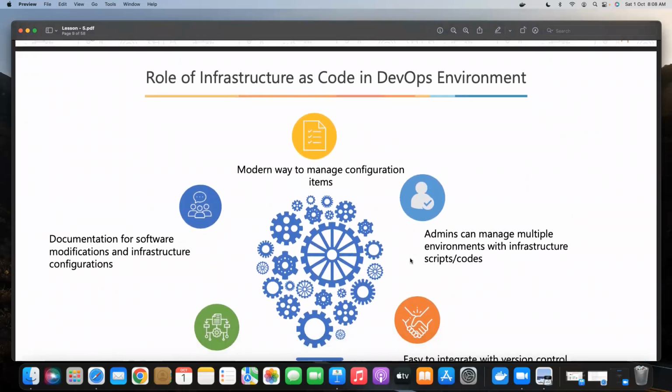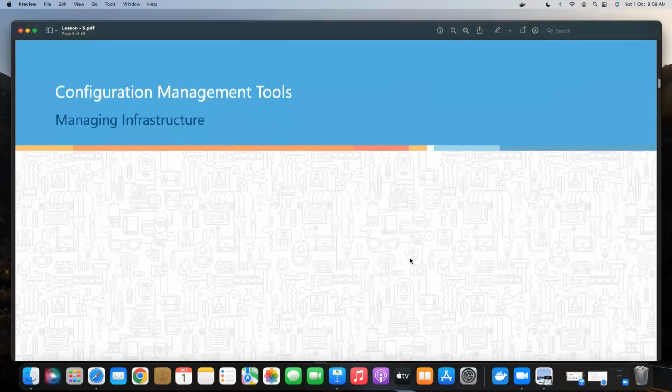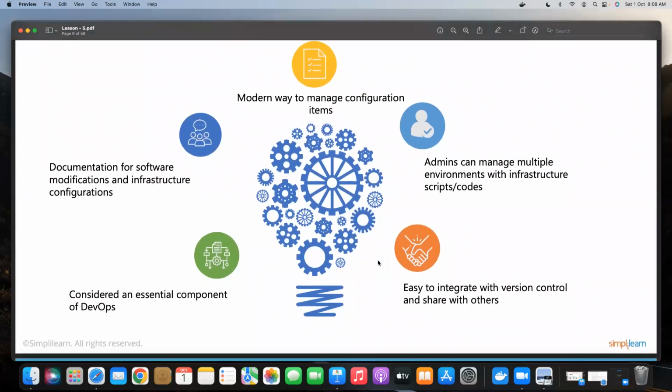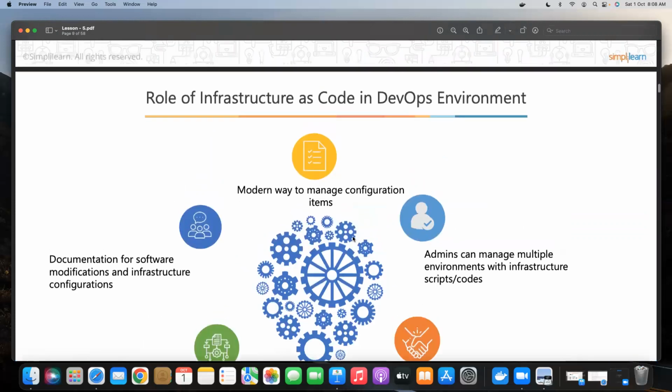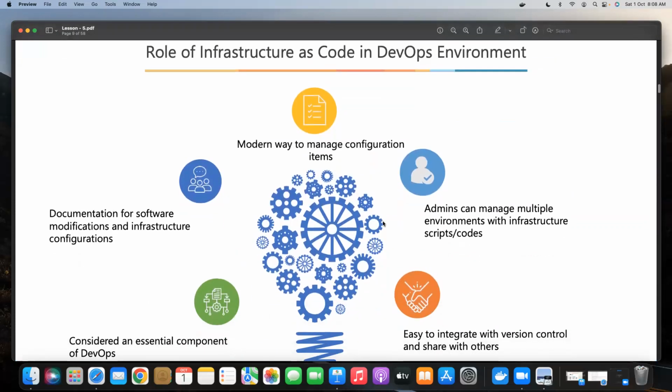So what is the role of infrastructure? We call it infrastructure as code. Why do we call it infrastructure as code? Because we are maintaining our infrastructure with the help of code, not with manual system administrators. Okay. So what is the role of infrastructure as code in a DevOps